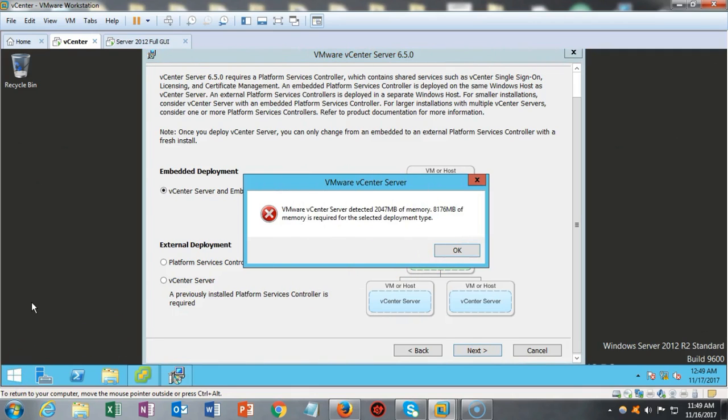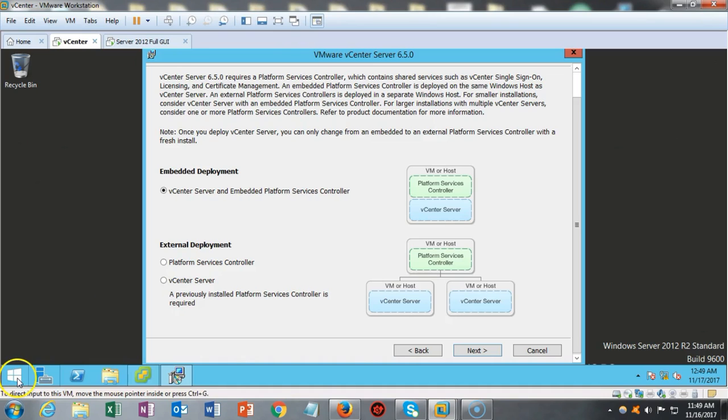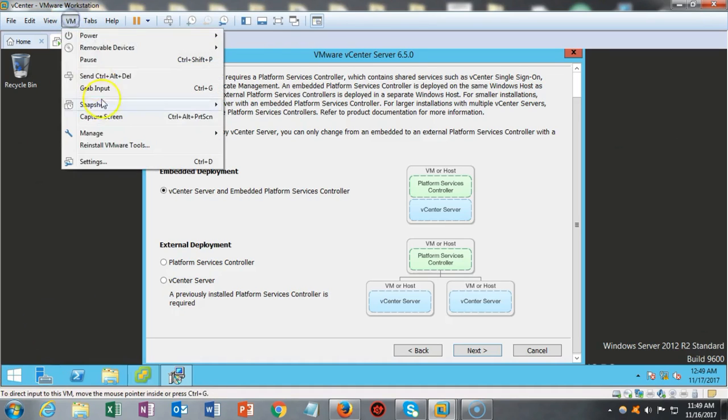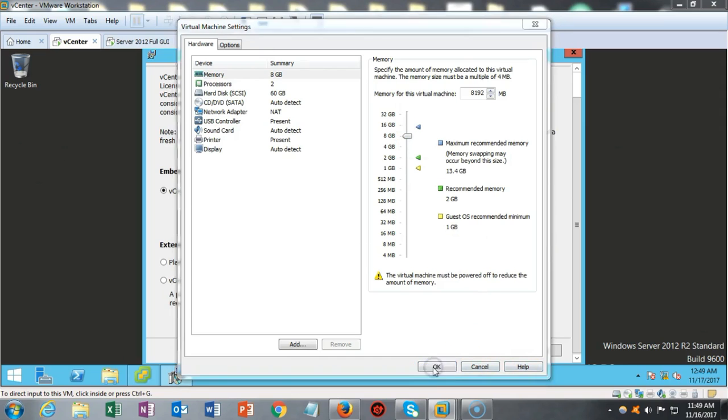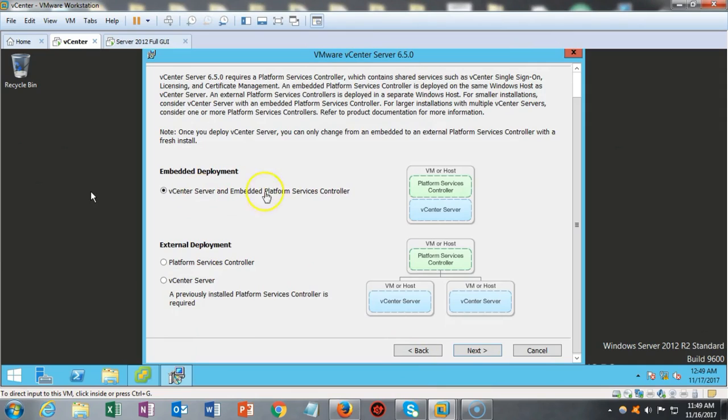So we've got an error message here letting us know we don't have enough memory. So we're going to go ahead and fix that real quick. I'm going to say OK to this, and we're going to go up here to our VM. We're going to go to Settings, and we're going to go to Memory, and we're going to boost this up to 8 gigs. We're going to say OK to that. Give it a chance to settle down. Now we should have enough memory to go ahead and complete this portion of the install,